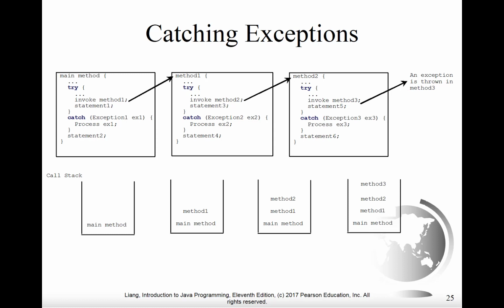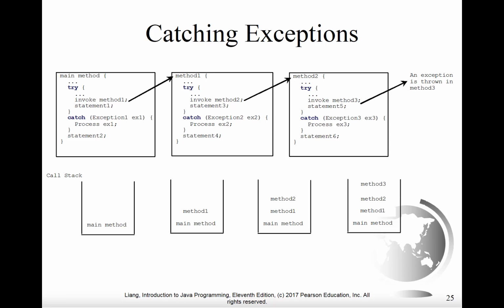So we begin once again with our main method. It has a try-catch block. We do the try block. We invoke method 1 to start with. We find ourselves in the middle block now, and there's a try-catch block in that code. The first thing in the try block is an invocation of method 2, so we now move on to the